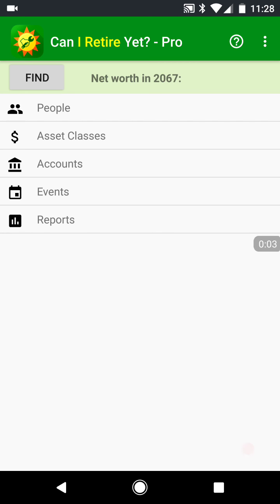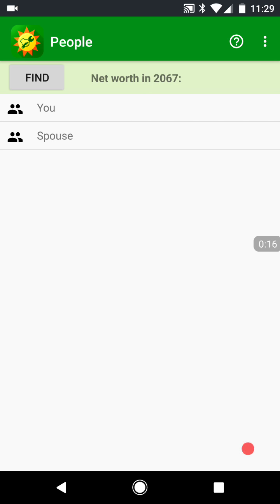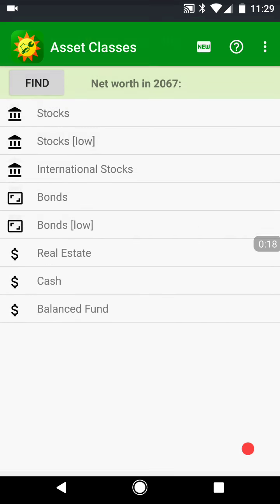This is a quick introduction to the Can I Retire Yet Pro retirement calculator. Can I Retire Yet Pro is the most powerful and comprehensive solution for retirement planning on Android. It includes features such as life cycle data for both you and a spouse, user-defined asset classes,